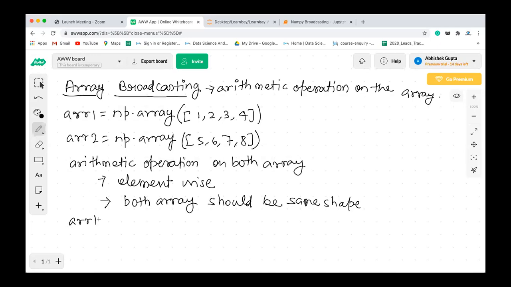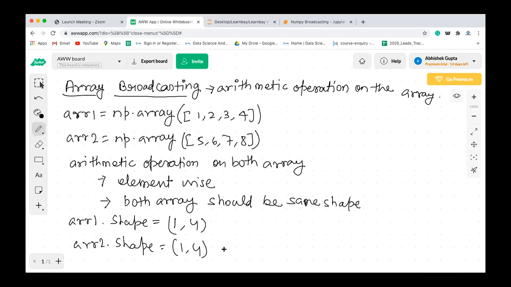If I say array 1 dot shape, it will be 1 row and 4 columns. Clear? And if I say array 2 dot shape, it is going to give me 1 row and 4 columns. Correct?